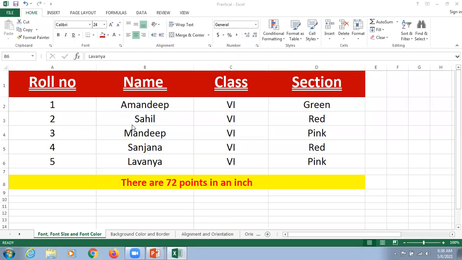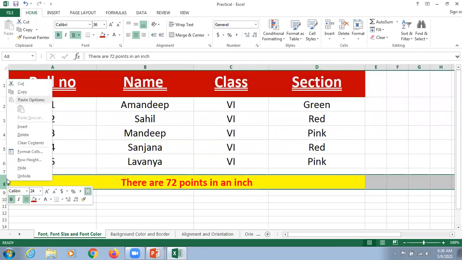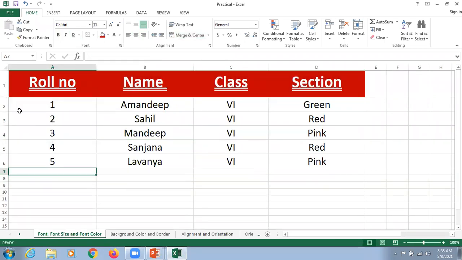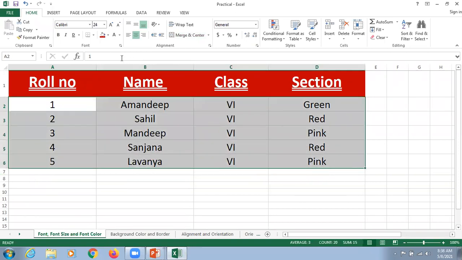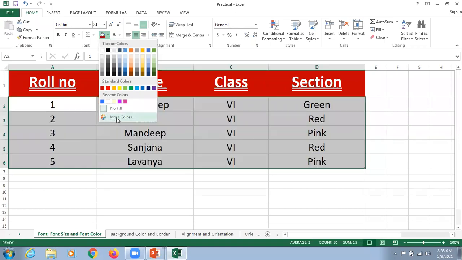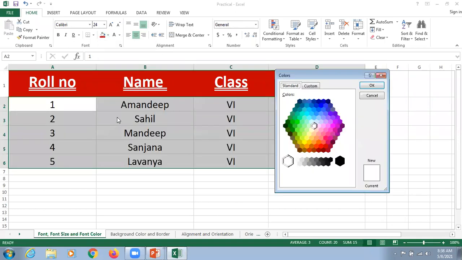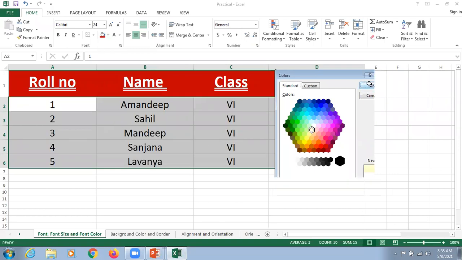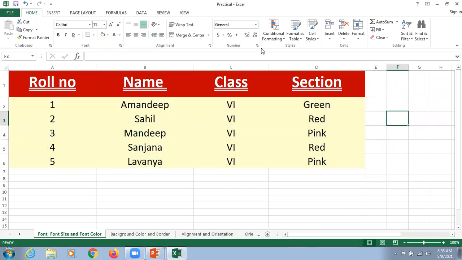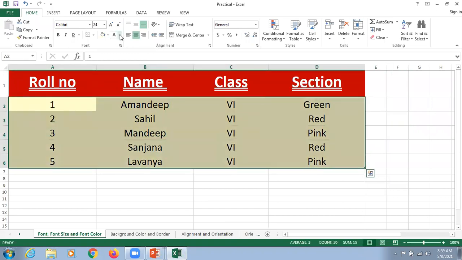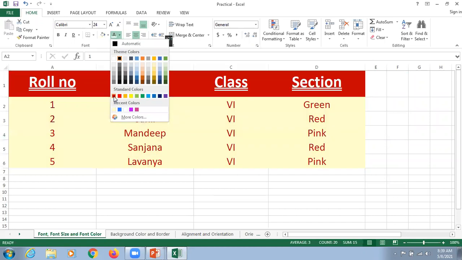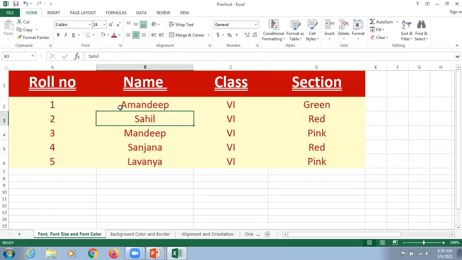Okay, so now we are going to apply a background color here. I'm going to delete this one by right clicking and selecting delete. I'm going to select this one as well. Now we click on that particular option, and here it is, more colors. I click here and select the color desired by your teacher. Click on OK. Now the color appears on the screen here. Again I select it and select a color for the text as well, so it looks good now. So we apply that color.